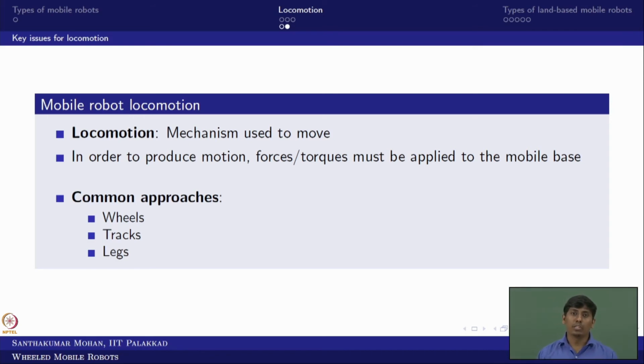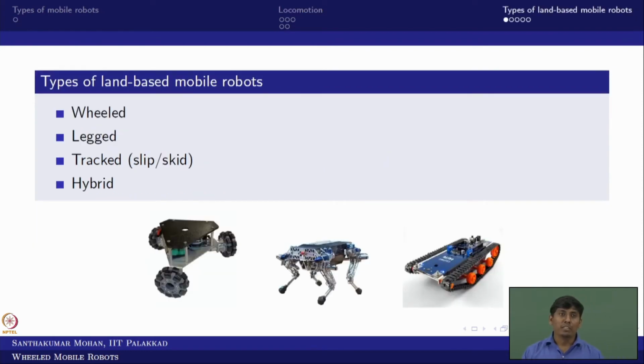What is wheeled locomotion? It is nothing but rolling locomotion, right? Whereas a track is also rolling, but it is more like sliding along one line, with longitudinal slip or skid. Whereas the leg is a proper locomotion, inspired by nature, but the problem here is the point hitting the ground, where the support reaction always comes upward. With the wheel or the track, the reaction can be generated in another way, but here it is always the support reaction coming upward. So based on that, one can see the land-based mobile robot can be classified into three major ways.